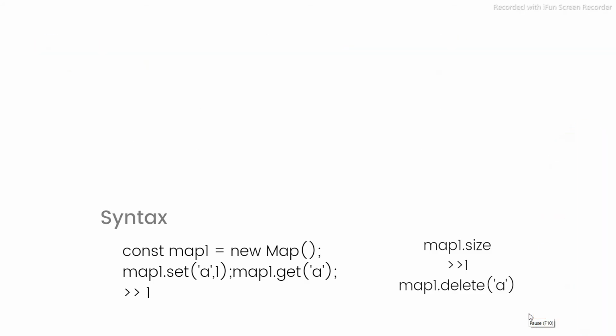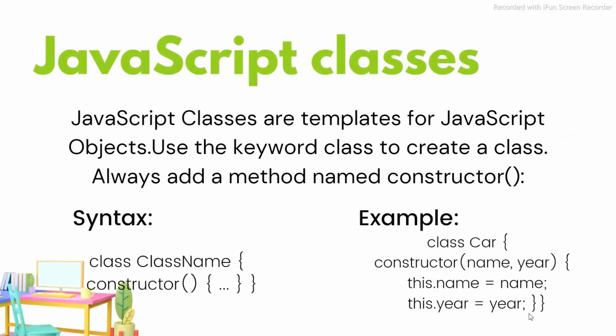Well, next I am going to discuss the JavaScript classes. Why are the classes used? Well, classes are templates in JavaScript which have a lot of objects and functions built in. Yes, it has a lot of objects and functions which are built in, and we are able to access any of the functions just by calling the class name. Yes, that is the use of this class, and this is very useful for creating multiple functions and accessing them.